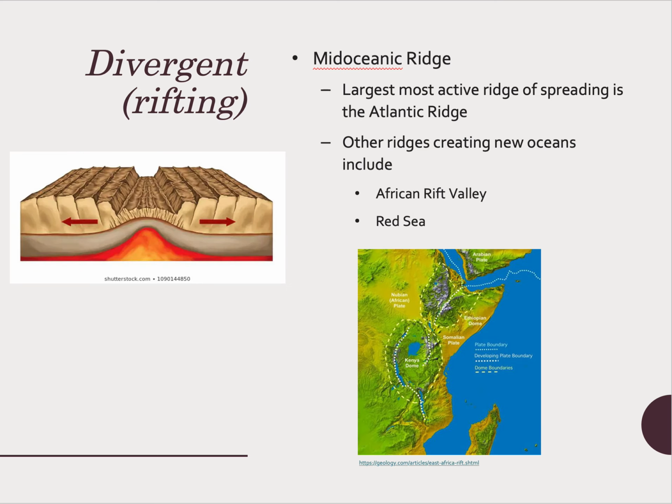Second is this divergent rifting, and we get those in the centers of oceans frequently. Many of that occurs starting with where we've got a landmass splitting. So we talked about the Red Sea before and mentioned the African Rift Valley, but haven't really shown it to you because this diagram does a really nice job of it, and I wanted to isolate it on its own